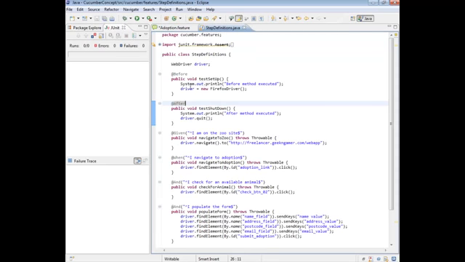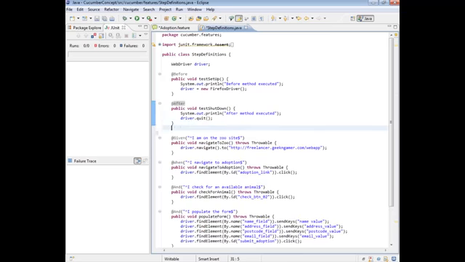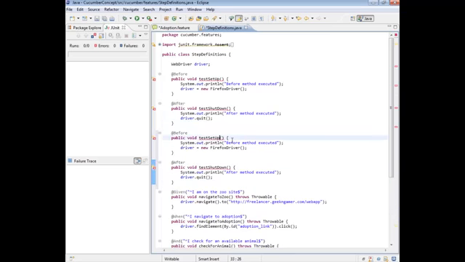Now if we were to go in and run, what will happen is this before and after will still run for this scenario, because that's what we said. We've said that the before and after, these are general, these will run for any given step in any given feature file. But if you now were to say build this up a bit, and we need to set it up a bit more,